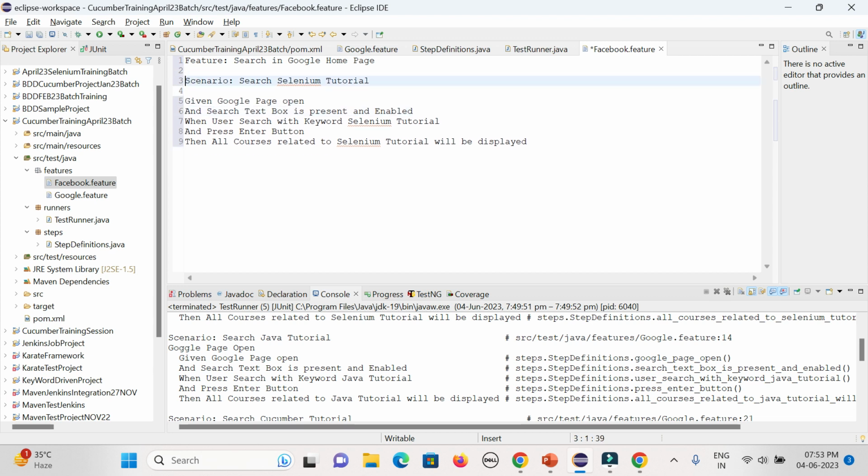So what is my feature? The feature is Facebook login. That is my high-level feature. And instead of scenario it will be scenario outline, so that the same scenario can be executed with a variety of data. So what is my scenario that I want to repeat? To check the login functionality for Facebook